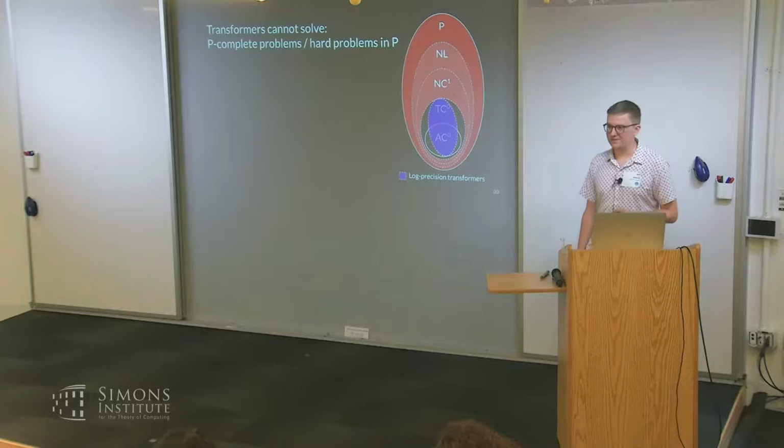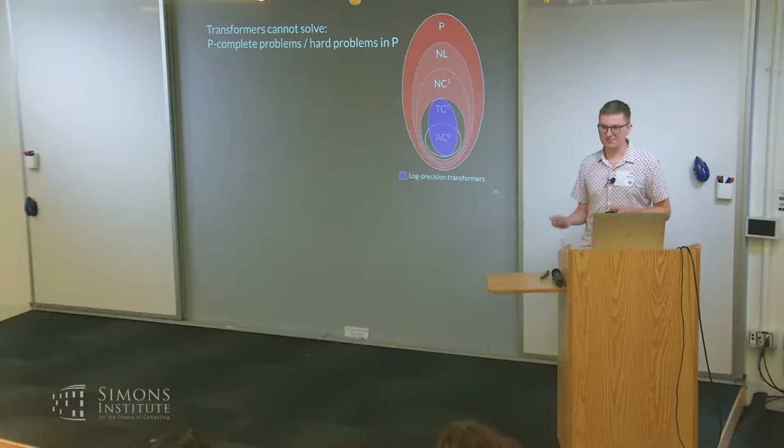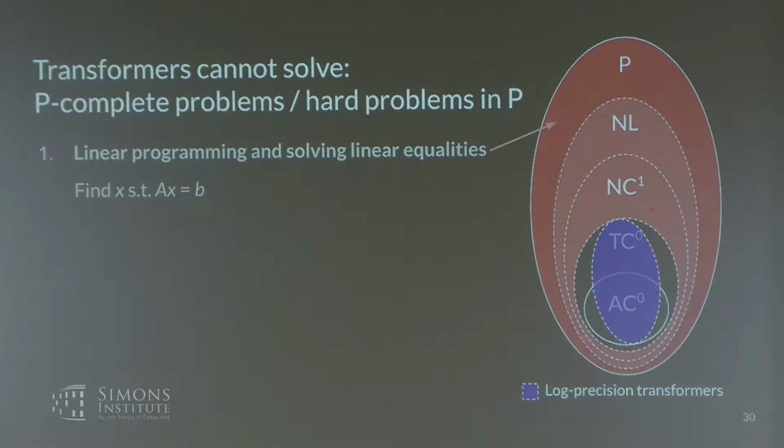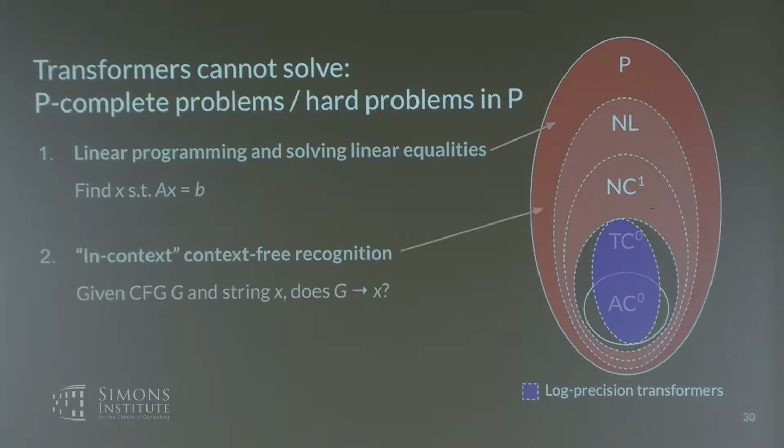And finally, we can go all the way up to polynomial time and look at problems that are complete for polynomial time, which intuitively are problems that are very hard to parallelize at all. One example is linear programming or solving linear equalities over Boolean matrices. This is P-complete, and therefore we can't express it. Another one is context-free recognition. If I give you a context-free grammar and a string, can you tell me whether the grammar generates the string? This is P-complete, and therefore we shouldn't expect transformers to be able to solve this in-context task in general